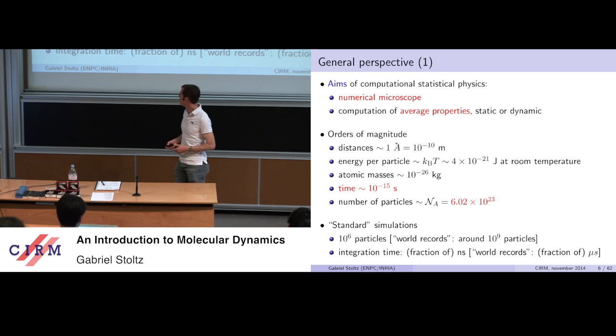So all kinds of constitutive equations or thermodynamic coefficients can be inferred from very detailed, fine-scale physics. It's a way of putting the modeling effort into the fundamental laws of physics, and then just taking out the macroscopic models that come from them. So that's the first aim, computing average properties.